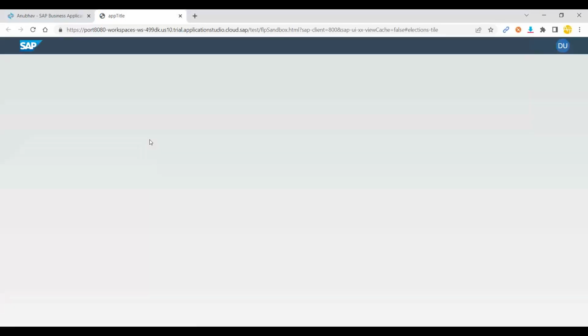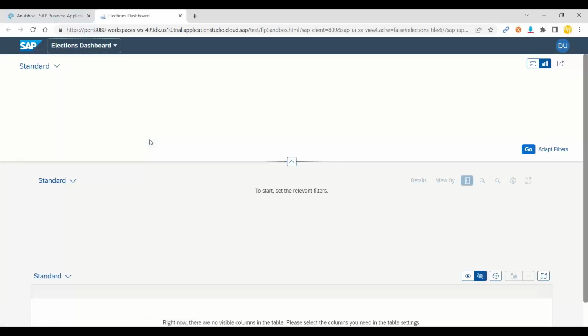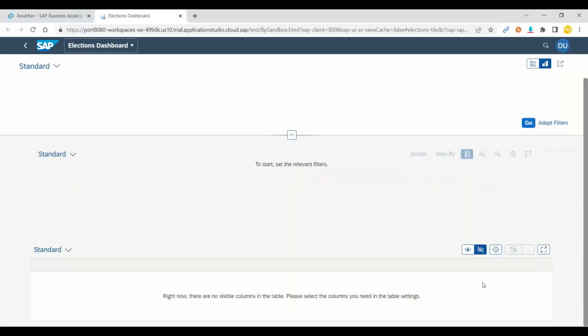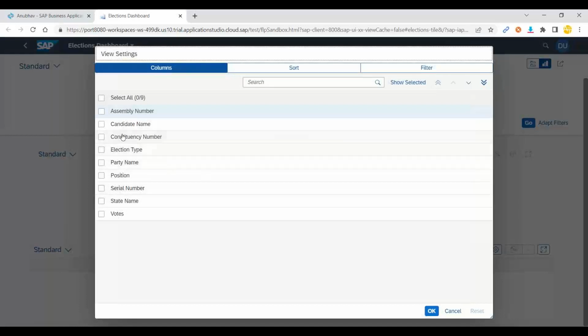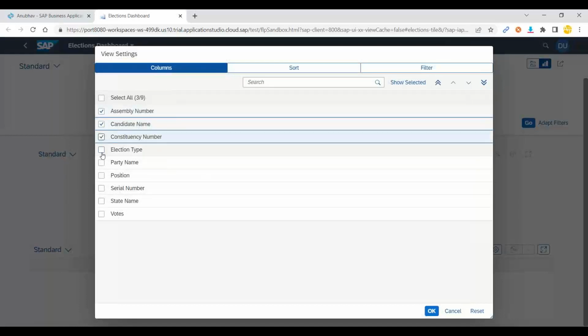So the time is gone when we used to develop GUI based applications. More and more development these days, with new innovation, is happening on Fiori. Fiori is SAP's new user experience, and this is how exactly we build Fiori apps. Wow. Of course, a very empty application, but now you can see I will be able to add all my